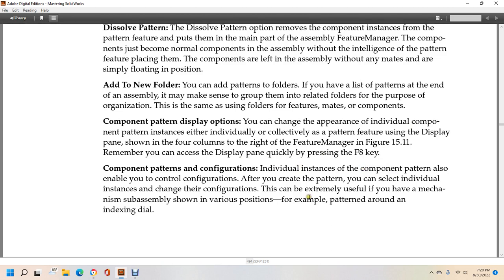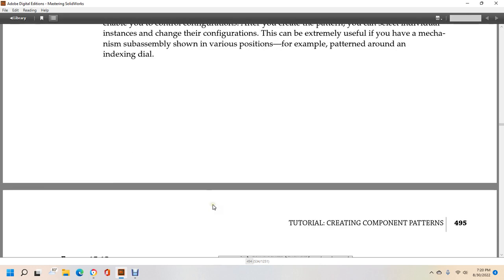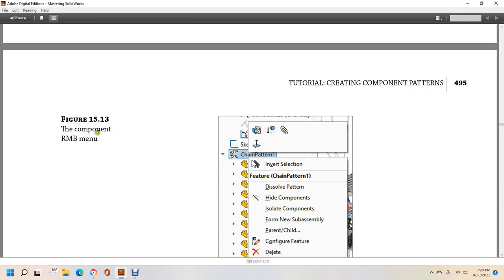Component pattern configuration: individual instances of the component pattern also enable you to control configurations created with the pattern. You can select the individual instance of the chain with the configuration. This can be extremely useful if you have a mechanism subassembly shown in various positions, for example, the pattern around an indexing dial. The right mouse button menu